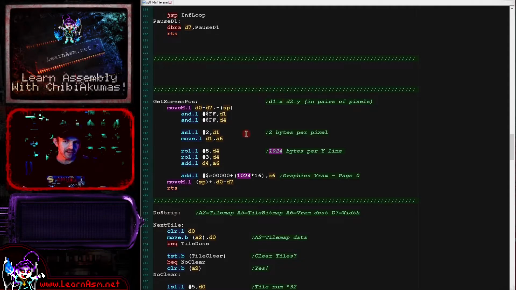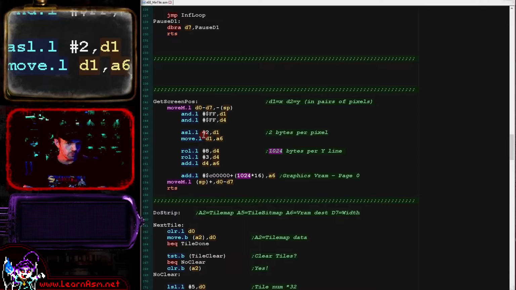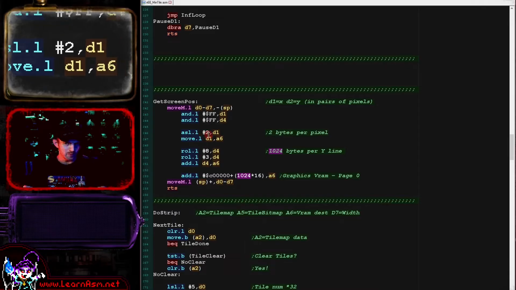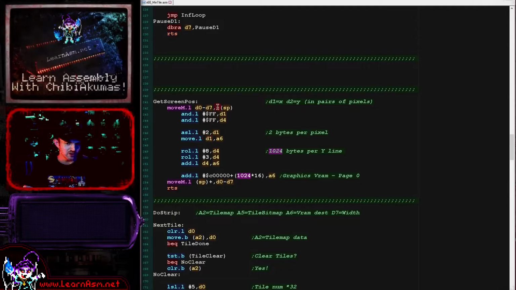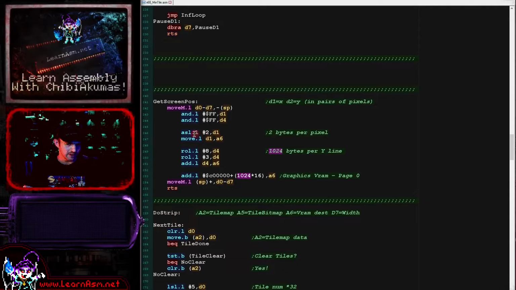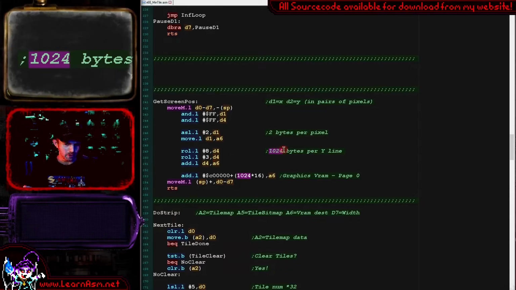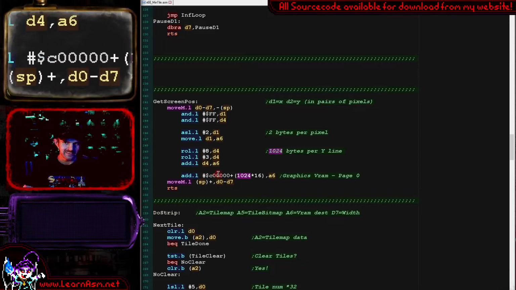Now, on the X68000, irrespective of the color depth of the screen, each pixel actually uses 2 bytes. It always uses 2 bytes. So what we're doing here is multiplying the number of pixels by 2, also converting from logical units to pixels, and that is our X offset. For our Y offset, we need to multiply our Y line by 1024, and that's what we're doing here. We're then adding this to our screen base,